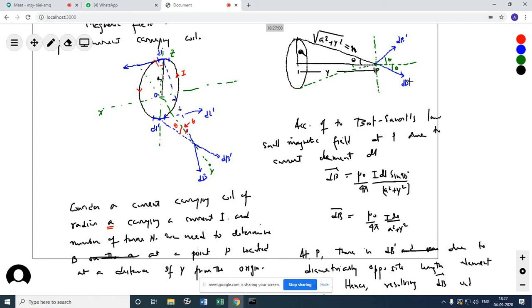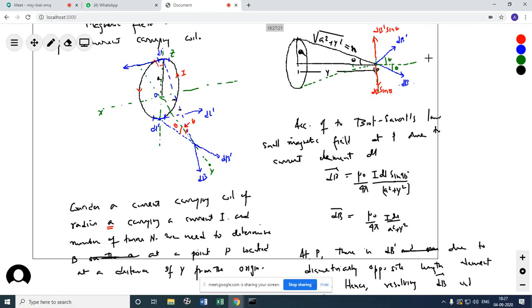For this dl prime it should also be the same only. It's a circle, correct? So now what we can do,